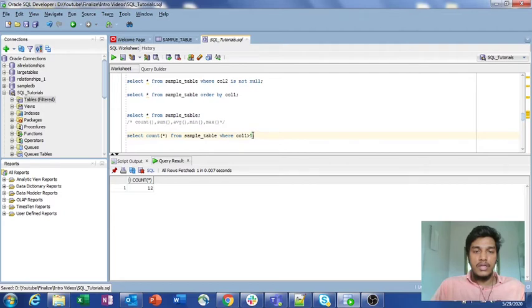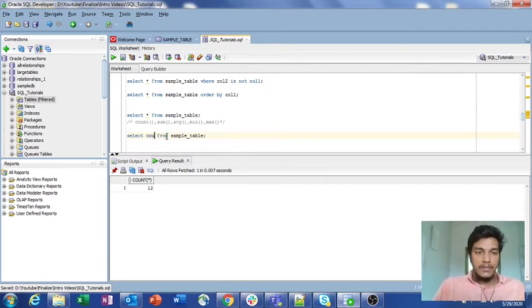So in order to know how many rows satisfy a particular condition, or are present in your table, you can use the count function. This is how you can do the count aggregating function in SQL.